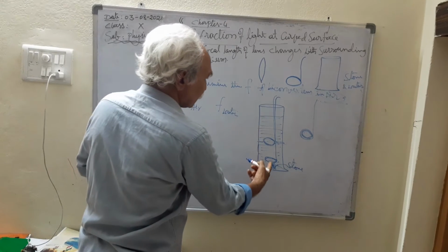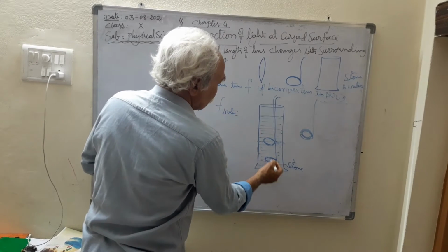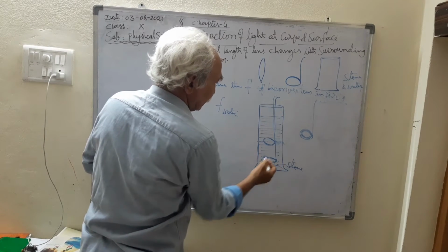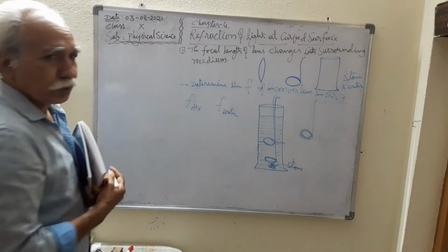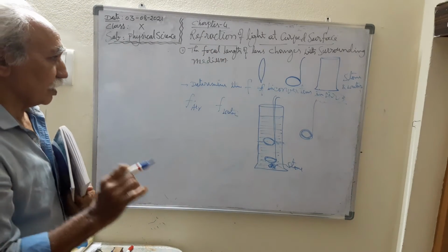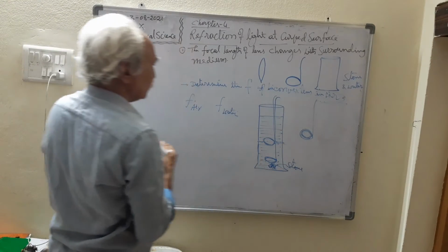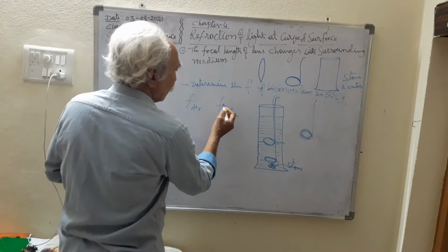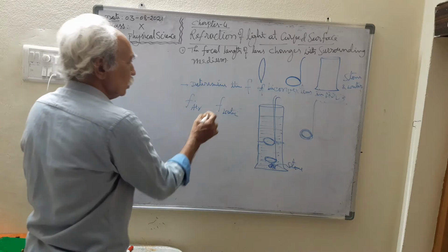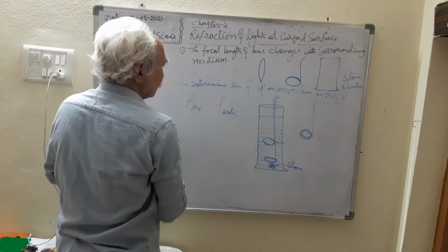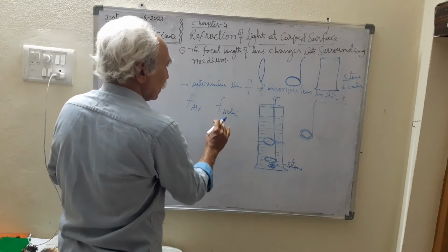After conducting this activity, we observed that when we move the lens above the stone with the help of the lens holder, at a particular height we can observe the stone clearly. The image of the stone is clear. At that point stop, then measure the distance. The distance is equal to the focal length of the lens in water. Now compare these two. The focal length in air is less. The focal length in water is more.